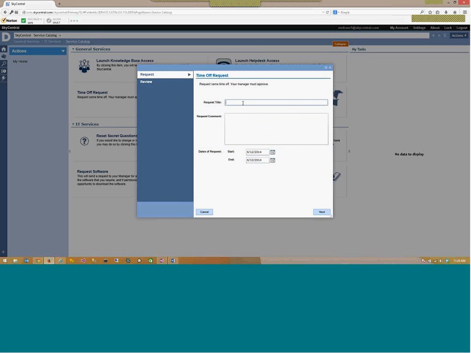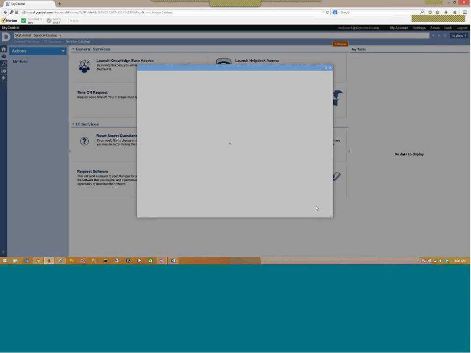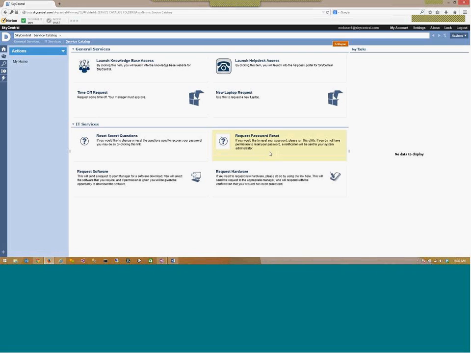In the form that we've set up here for the demo, I just have to provide a title, which I'm going to say is vacation next week as I'm off with my family. Go ahead and enter the dates for that. Submit that request. Simple, the request goes off, and as an end user now, I just have to wait for